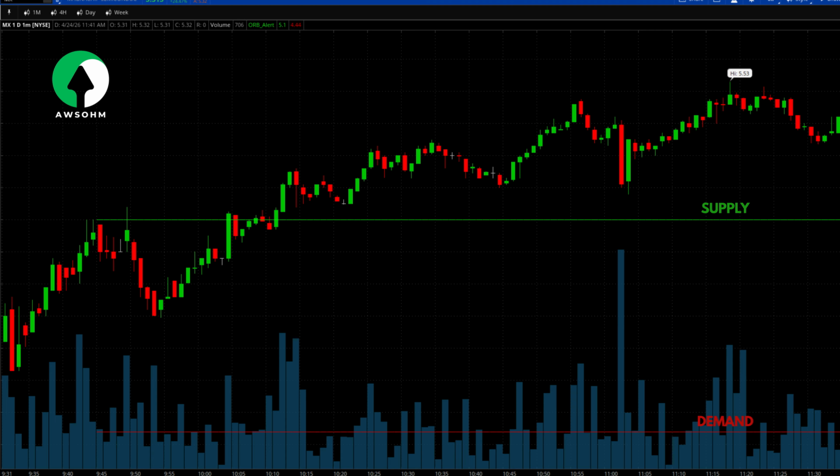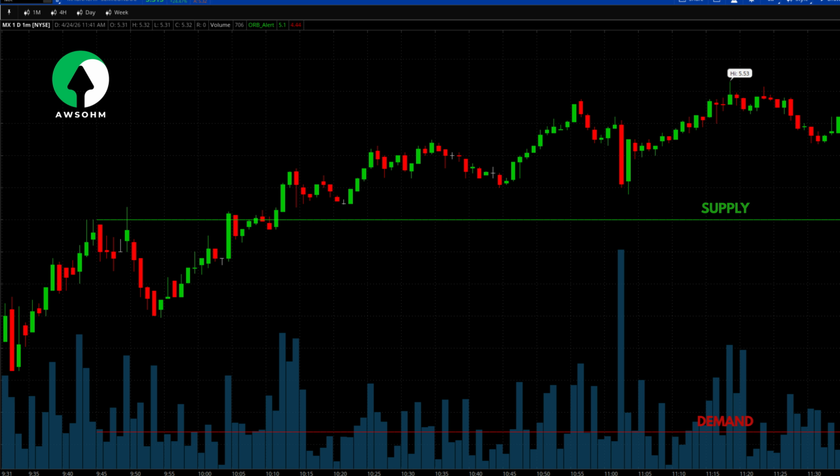3. Key metrics for entry. To increase your win rate, look for these specific confluences at the zone. VBP, volume by price: ensure the zone aligns with a high volume node. Price action signals: don't just place a limit order at the zone. Wait for a change of character, CHoCH, on a lower time frame, like the 1 minute,